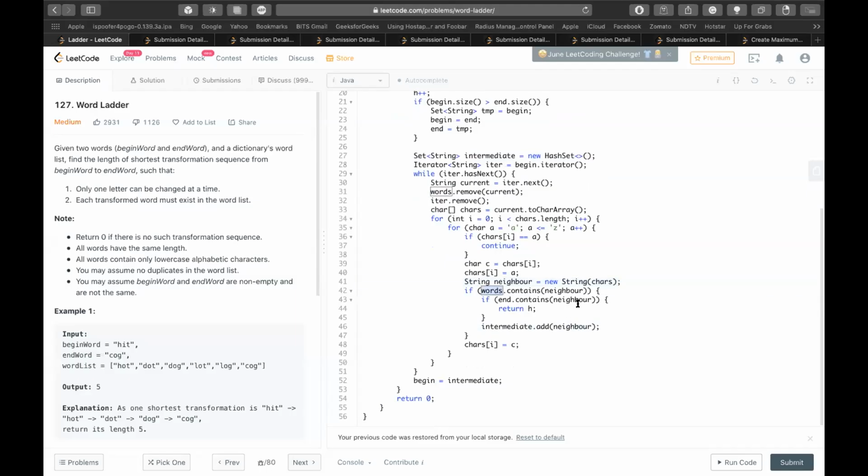If the word list contains the neighbor, I add it to the intermediate set for the next level. But if it happens that it is also in the end set, I return h. So this is where you were asking why we use the set.